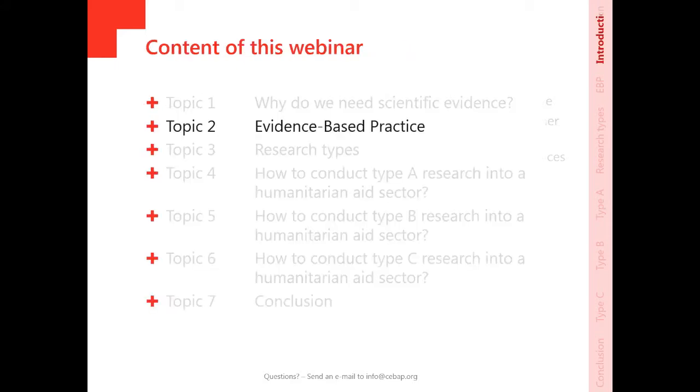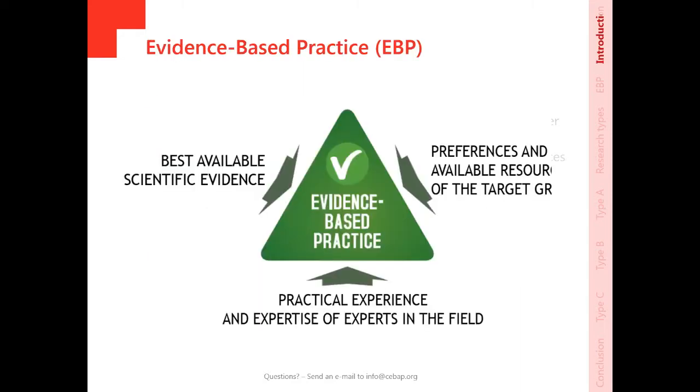At Belgian Red Cross, we base ourselves on evidence-based practice, or EBP. Evidence-based practice consists of 3 pillars: the best scientific evidence, the preferences of the target group, and the practical experience and expertise of experts in the field. It's important to realize that based on the Dr. Spock example I gave earlier, it's not our intention to dismiss expert opinion and input from the field altogether, but rather we should ensure that all 3 pillars are represented.